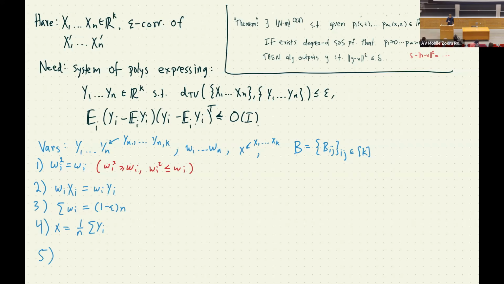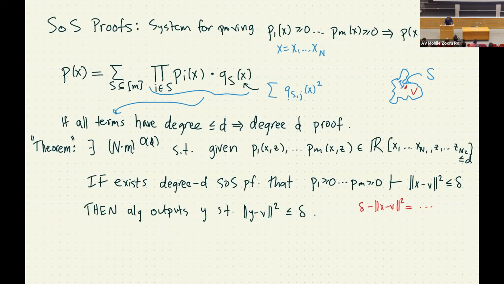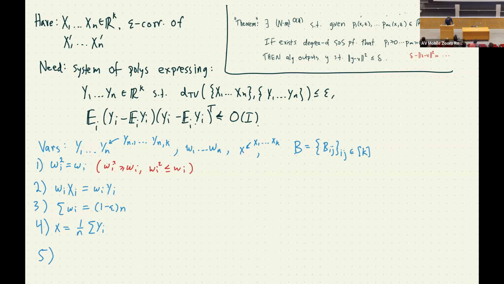I've got to program this bounded variance constraint. Now here's how I'm going to do it. I'm going to write the constraint and then we're going to interpret the constraint. So let me write it. Sorry, instead of O of I here, I'm just going to make up a constant because it'll make our lives easier. I'm going to put, I don't know, 2 times I. So here's how I'm going to do this constraint. I'm going to say 2 times I